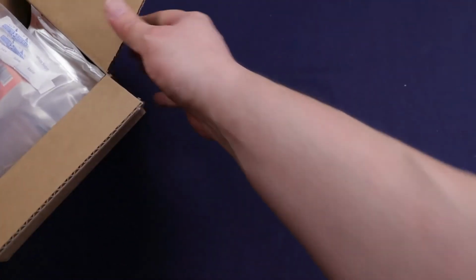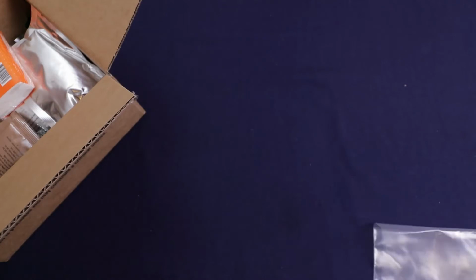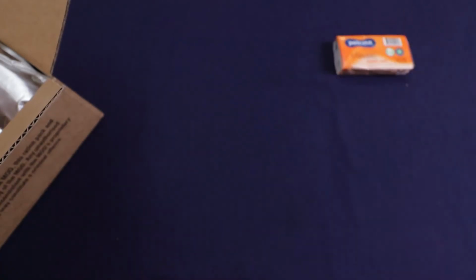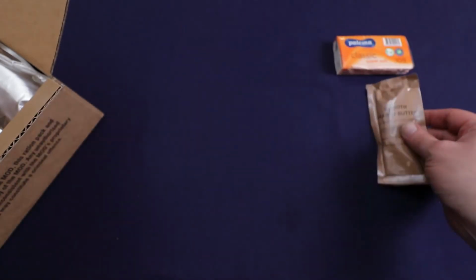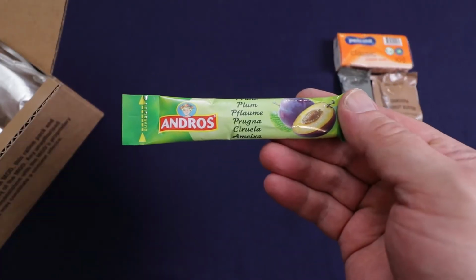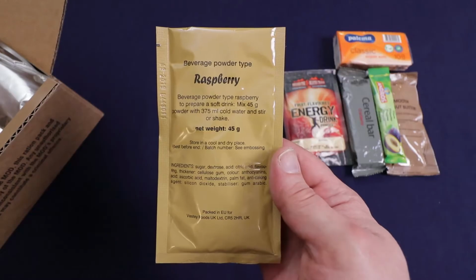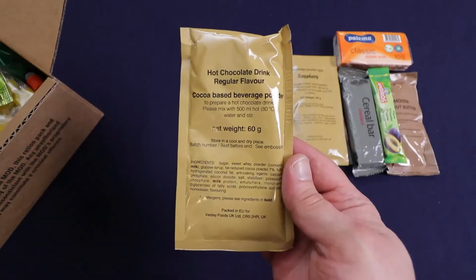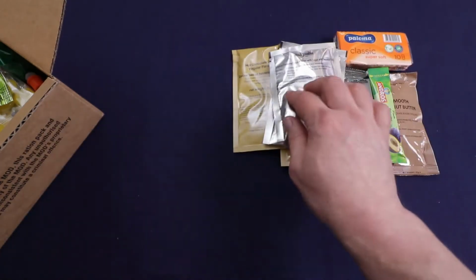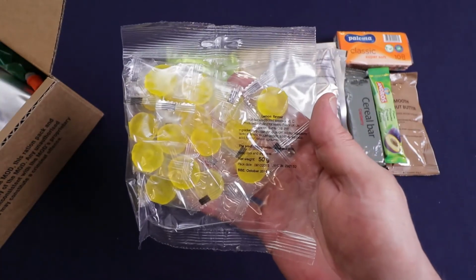One thing about the UK rations, they always have a lot of drinks. Usually always on top, accessory pack. Open that up in a minute. Up first, got a packet of tissue paper, 42 grams smooth peanut butter, 50 gram cranberry cereal bar, 25 grams of plum jelly, an apple energy drink, a raspberry drink, a hot chocolate drink, a grapefruit drink, a tropical flavored drink, a 25 gram oatmeal block, I believe that's like a cookie, 50 grams of lemon flavored bold